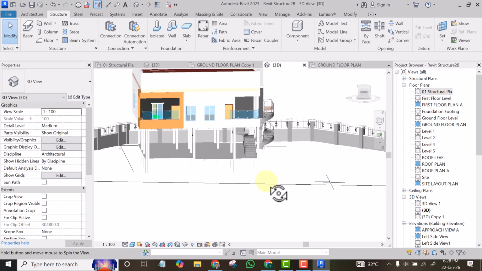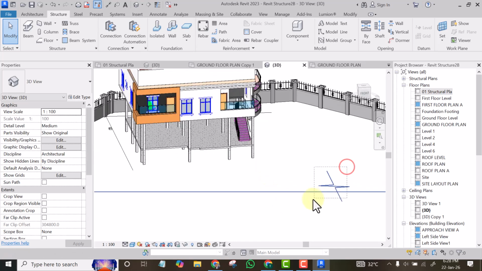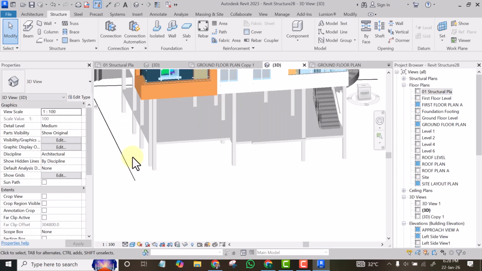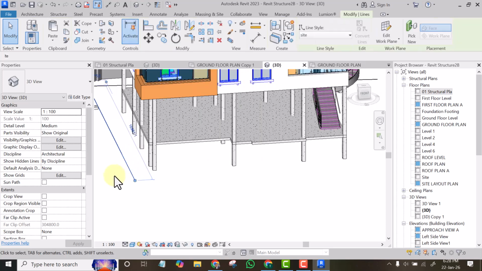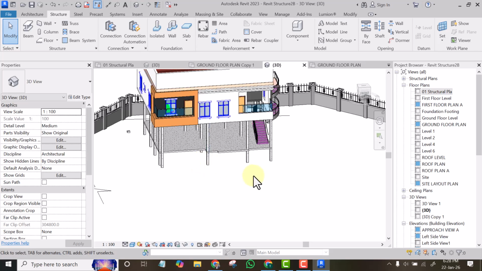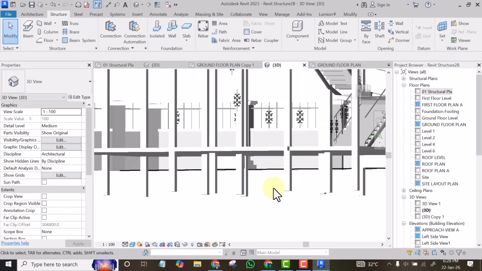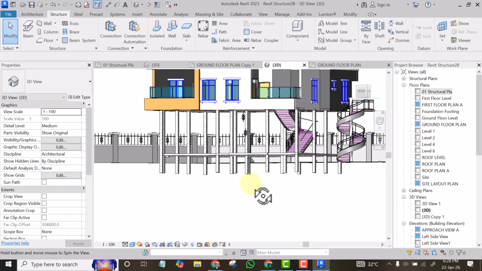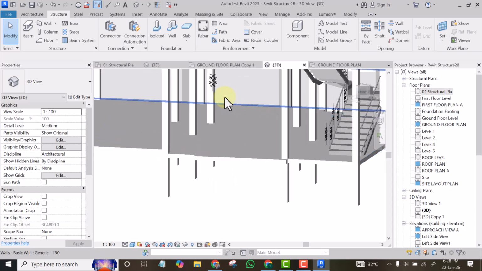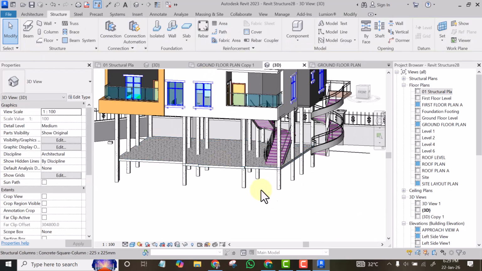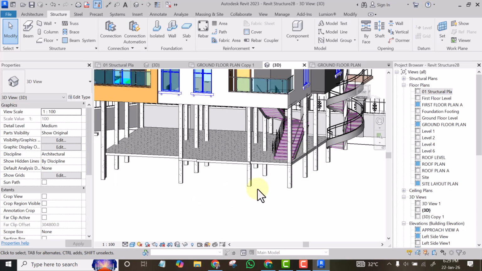Now we have our column. Let's delete this line. Let me delete this. Okay, so the next thing is to create our